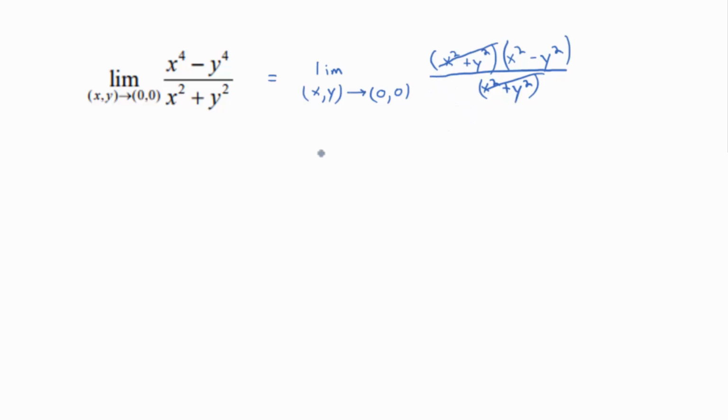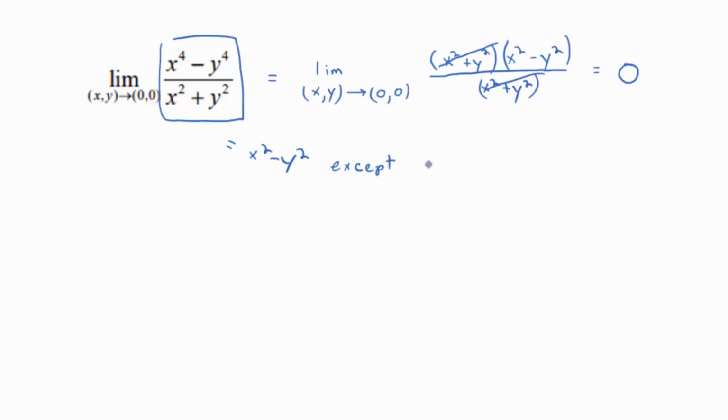Upon direct substitution, I think it's okay once you get to this point to check to see if direct substitution works now, and it does. You get 0 squared minus 0 squared. You get 0. It would be a removable discontinuity. So the idea is this function equals x squared minus y squared everywhere except where